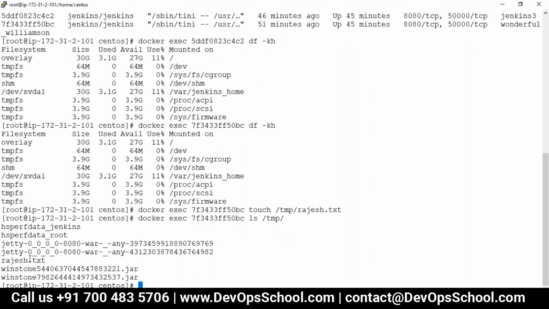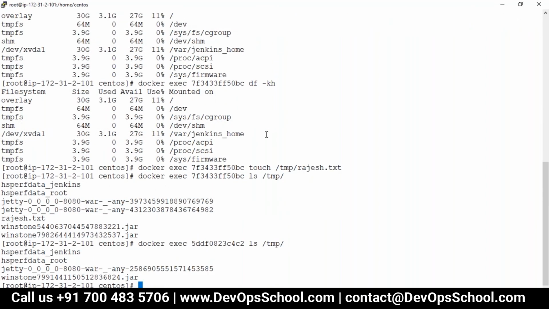See here, rajesh.txt is there, but can I check in that other container? It's not there. So you see the beauty of it, each container is getting created from the same image, but still the behavior is different, separate. So whatever one container is doing, the second container has no idea about it.